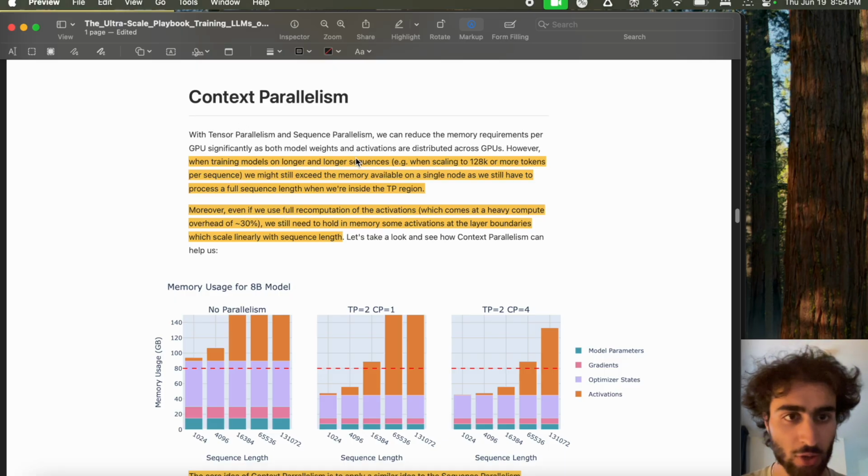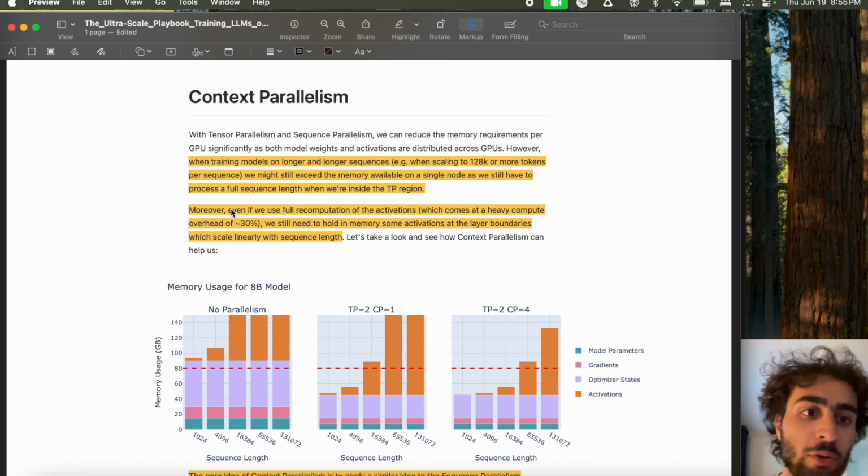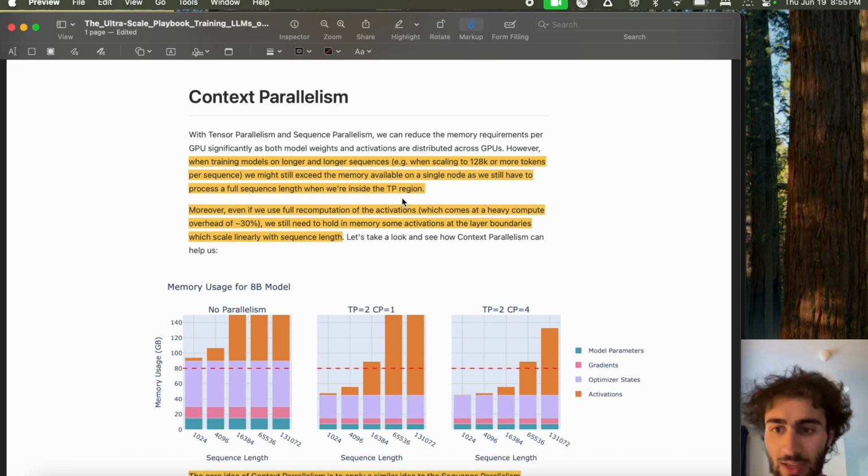Context parallelism. We talked about TP, tensor parallelism, and SP, sequence parallelism, and these methods allow us to reduce GPU requirements significantly. However, when training models on longer and longer sequences, in other words, when scaling to 100,000 or 1 million tokens, we might still exceed the memory available on a single node, as we still have to process a full sequence length when we're inside the tensor parallelism region, because we are not splitting along the sequence length, we're splitting along the